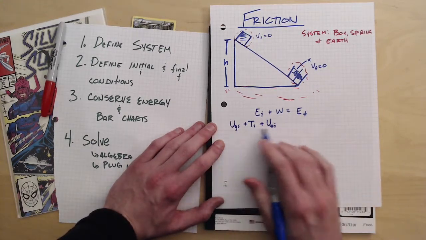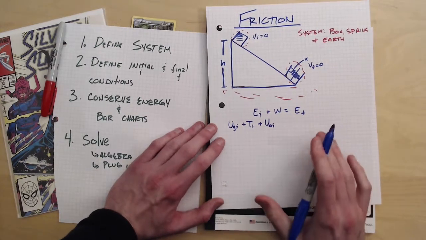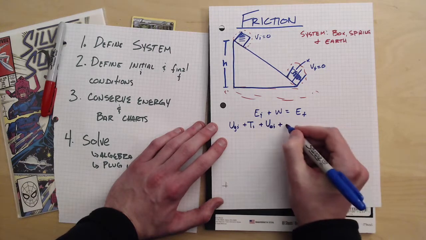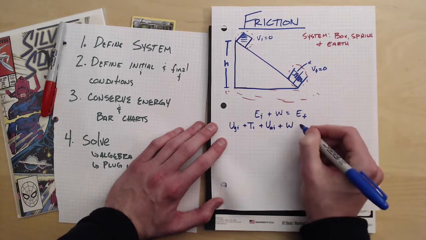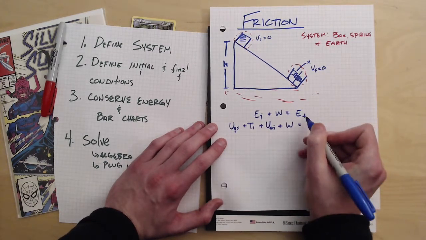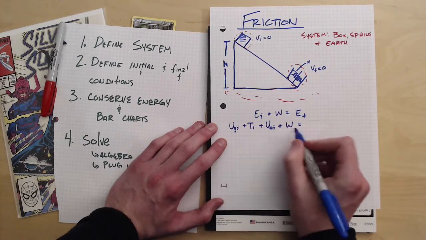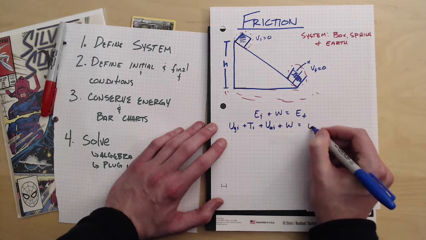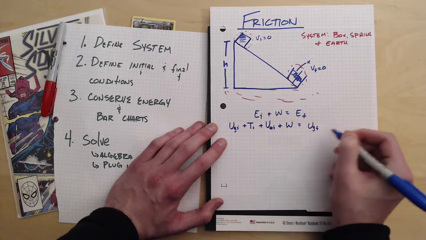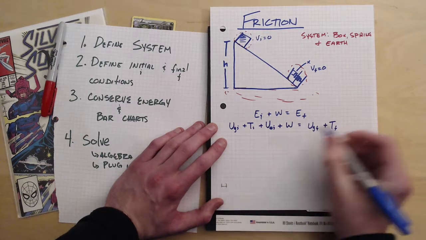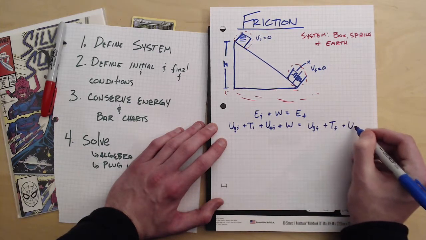And we're trying to apply this equation to any situation possible. Okay, and then we have plus the work done by outside forces, and that's going to be equal to, we have the same things over here except for that, so we have the final gravitational potential energy, we have the final kinetic energy, and we have the final elastic